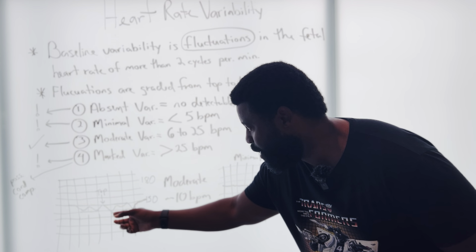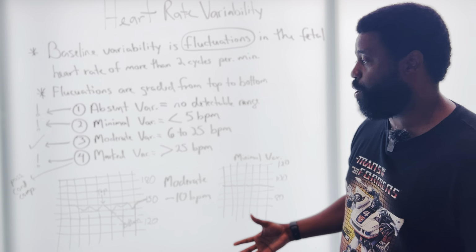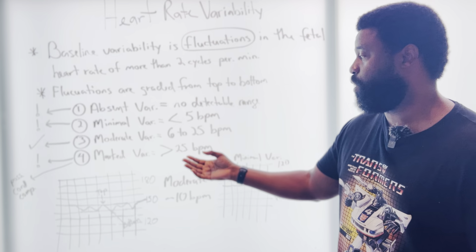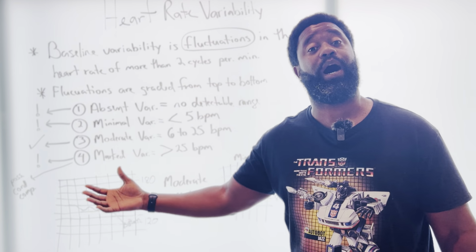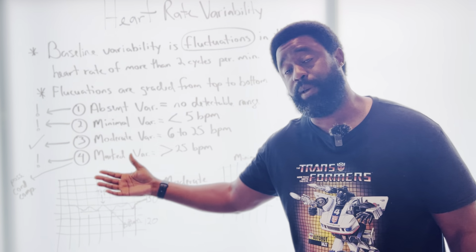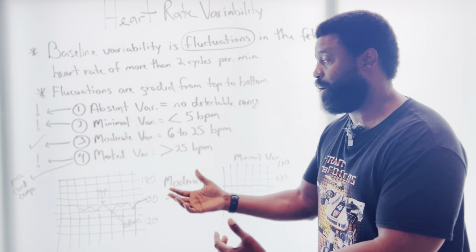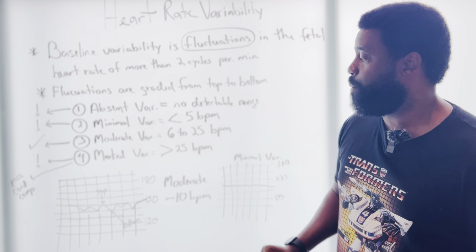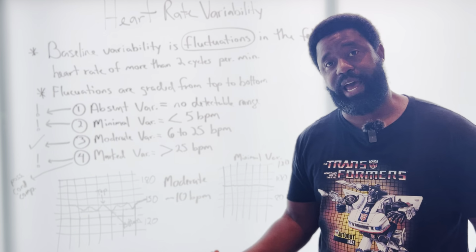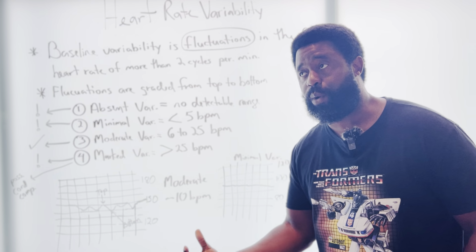So when we go back and look at absent, minimal, moderate, and marked variability, and again, I don't have marked here, but generally marked is going to be greater than 25 beats per minute. And that could be something like a possible umbilical cord compression getting you into that realm of possible marked variability. But if you've got absent or minimal variability and you combine that with late decelerations or prolonged decelerations,